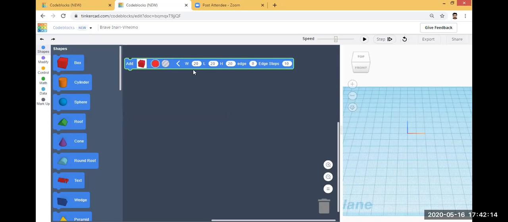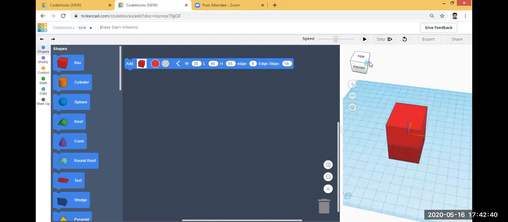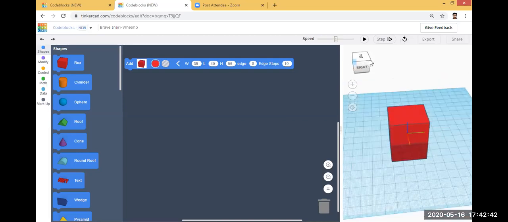You can see the W, L and height H. So I will enter the W value as say 35, then length value as say 40, and H value as say 55. Then I will click the play button. You can see a box is actually created in the work plane.